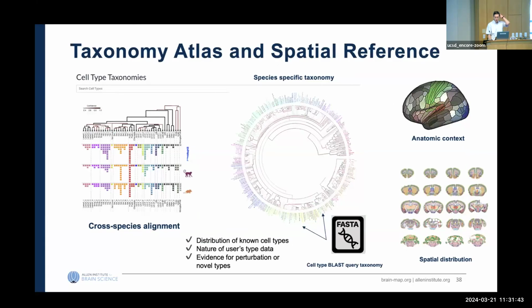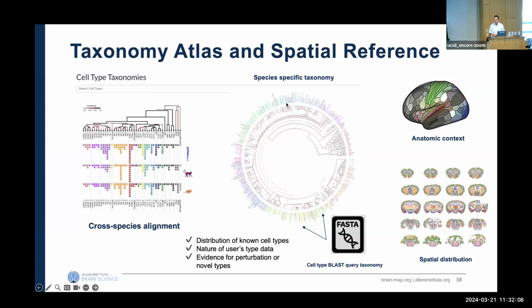One of the goals in all this stuff is to build these reference taxonomies and spatial references, right? We're not there yet, but what we would like to do would be have something like this. It'd be a web page on the web. You go to the web, and this is what you see. You see this really cool circular hierarchical diagram like this, and you'd be able to